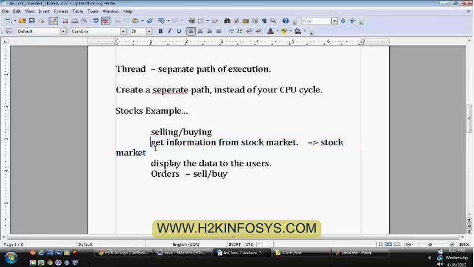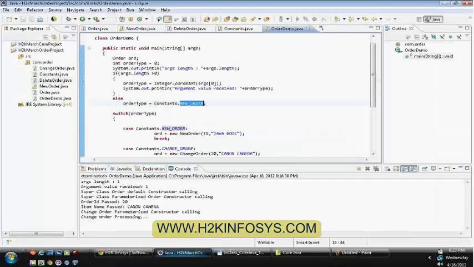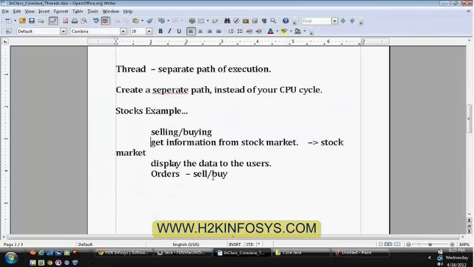So here, if we follow a single thread approach, whatever we are doing currently, executing from top to down, this won't work properly.